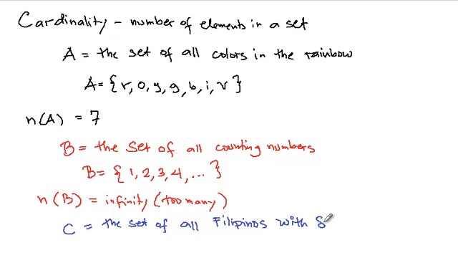Okay? Kanang murag si Goku, kanang grabe nga power sa mga movies. So, in that case, how do you write that in roster method? Kinsa man nga Filipino nga naay superpower? In reality, there's no Filipinos with superpower. In that case, we have this